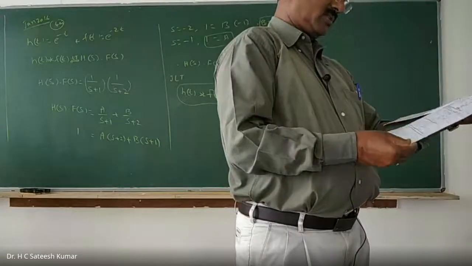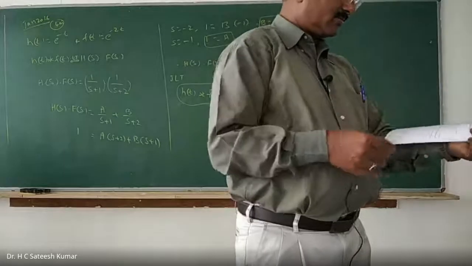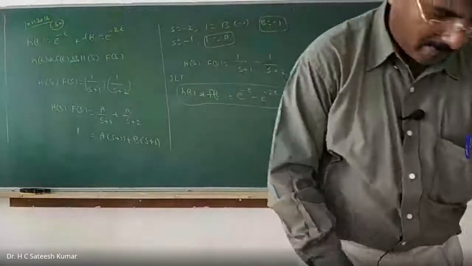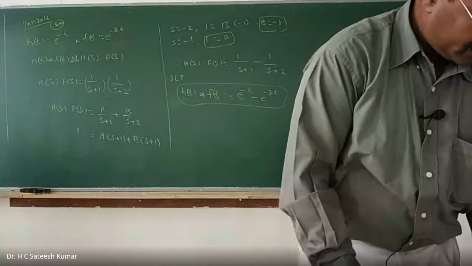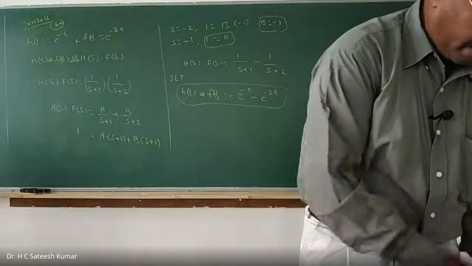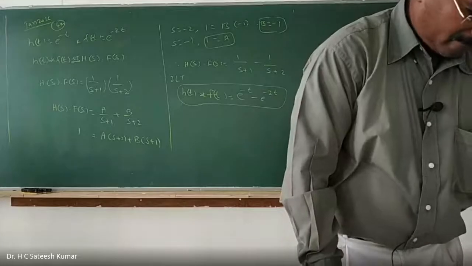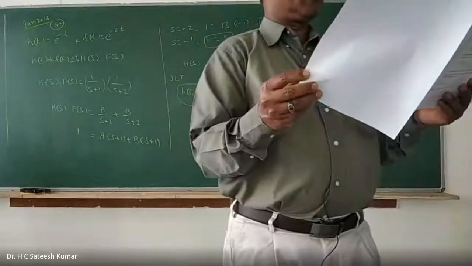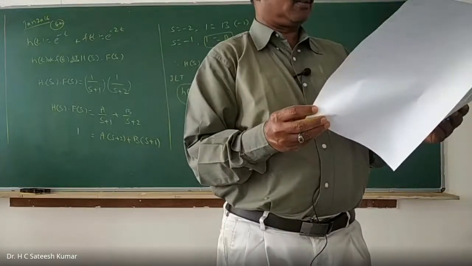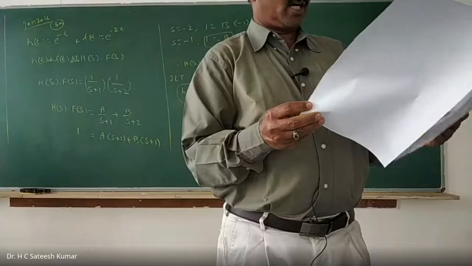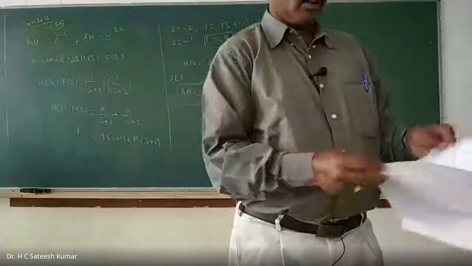Find the Laplace transformation of a periodic signal. One triangle waveform has been given. It's a very easy one, and we did it. One more problem is a periodic step form. Obtain the Laplace transformation of the step function, ramp function and impulse function. Find the Laplace transformation of the periodic waveform. That also we did. Find the Laplace transformation of periodic rectangular and triangle waveforms. All that we did.